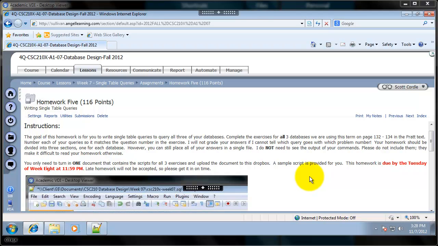Okay, so this week, during week 7, we're looking at how to query single tables at a time in MySQL. The homework is posted as usual under Lessons, Week 7. There's an Assignments section, and then under that is Homework 5, which might be a little scary that it's 116